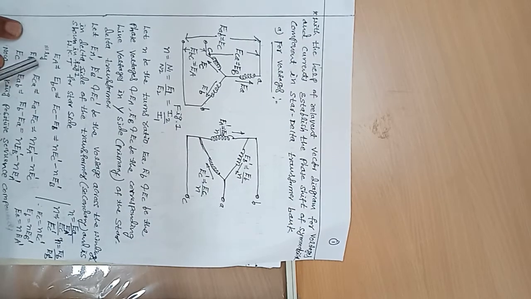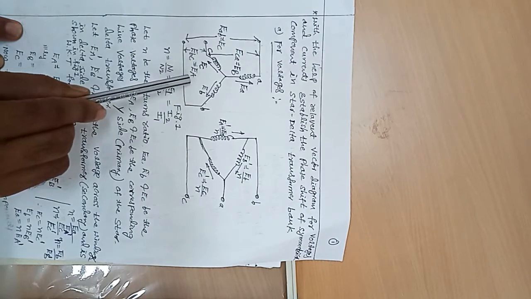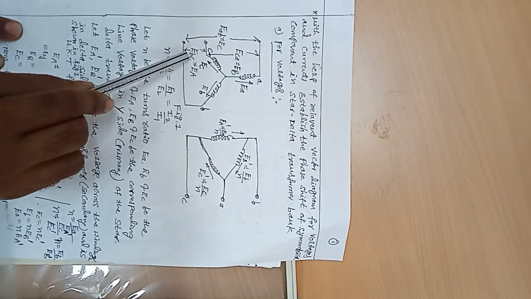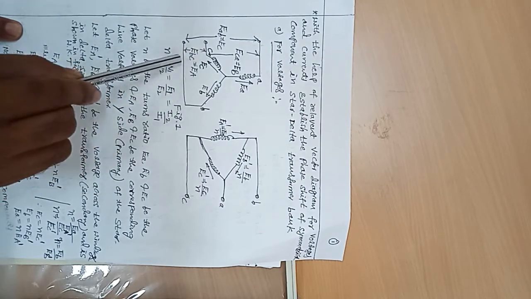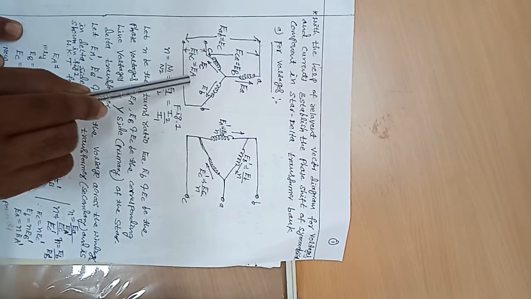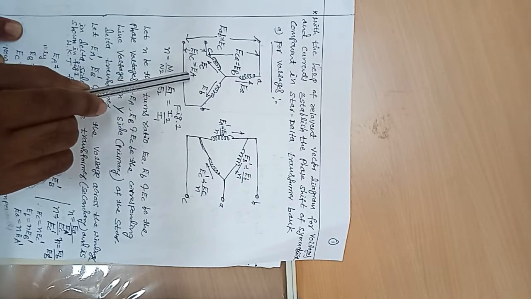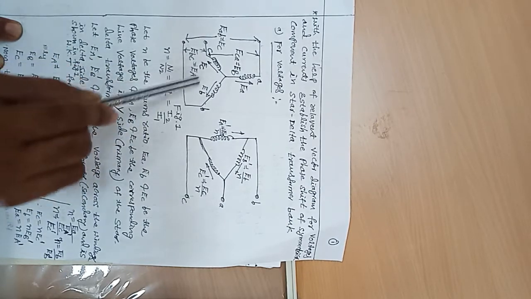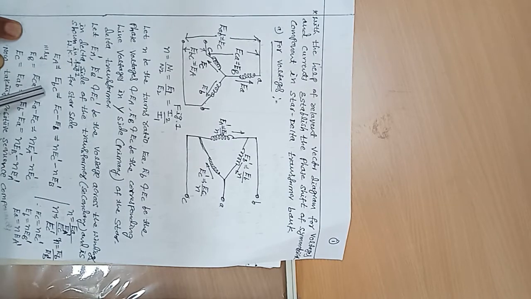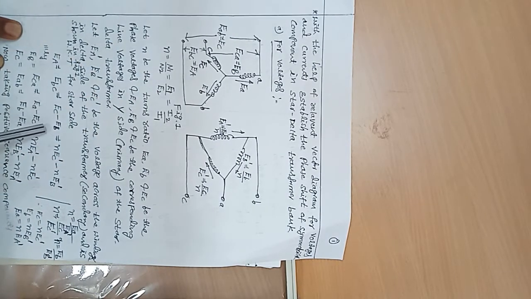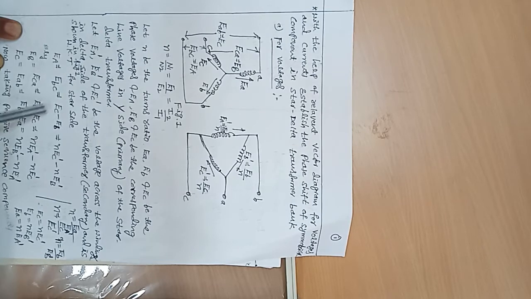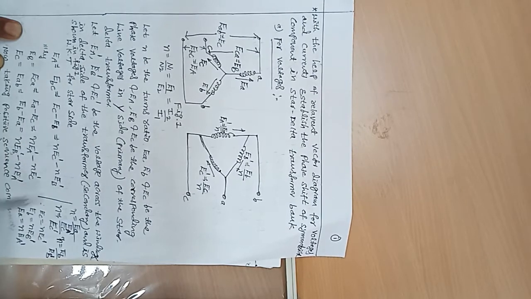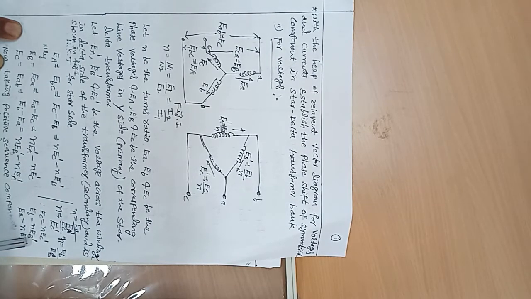Now come to the primary side line voltage. EA equals EBC, the voltage between lines B and C, which is the opposite vertex. EA is the opposite vertex to B and C, which is basic mathematics. So EA equals EBC equals EC minus EB, ending voltage minus starting voltage. What is EC? n into EC dash. What is EB? n into EB dash.